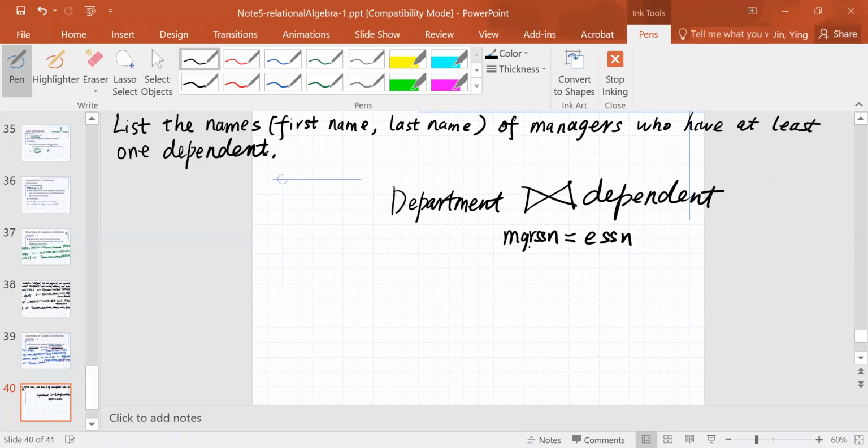So what is the case when they match? Anything in the manager is actually here, right? And if they match the dependent, it means that if the manager has a dependent, then this ESSN will be somewhere there. But if the manager has no dependent, we are not going to see that in the ESSN. So this way, we'll be able to join department and dependent directly to get the result. In this case, we can see we have a lot of attributes in this result. So let me put this one here. Say we call it the manager